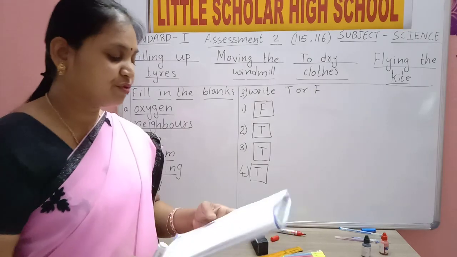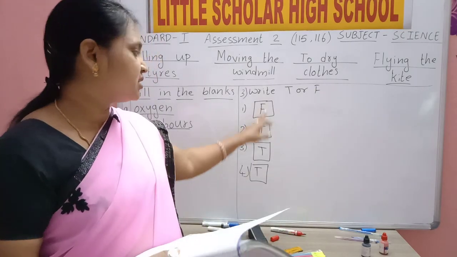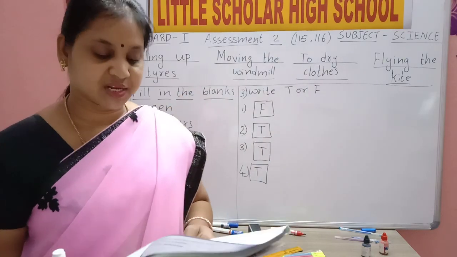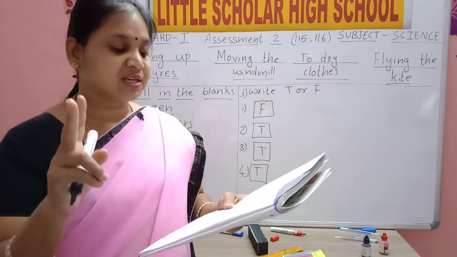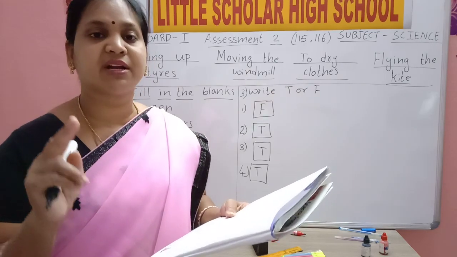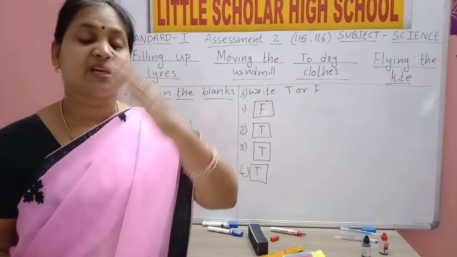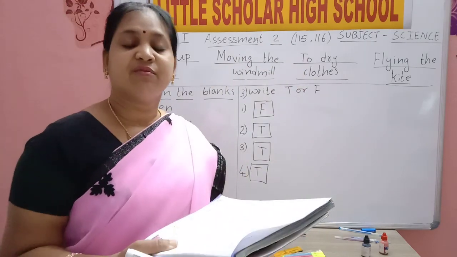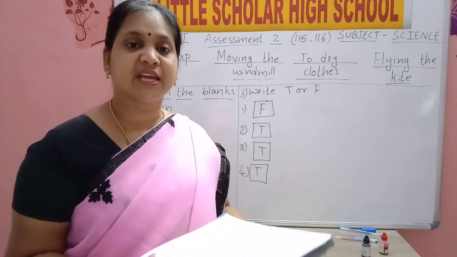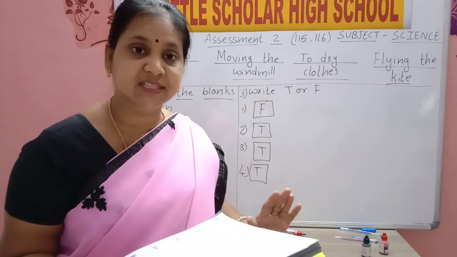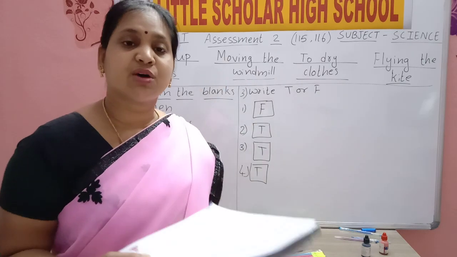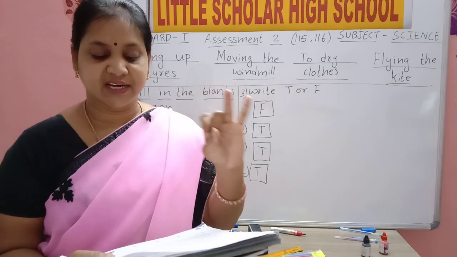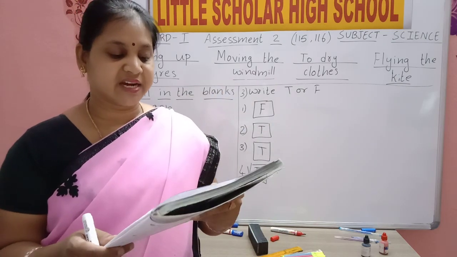Finished? Now fourth bit. Answer the following questions. This true or false, write it in the boxes here. Name any two things that we can decorate our house with. With what do we decorate during festivals, birthdays, special days? You can say any two. Yes, with flowers and lights.